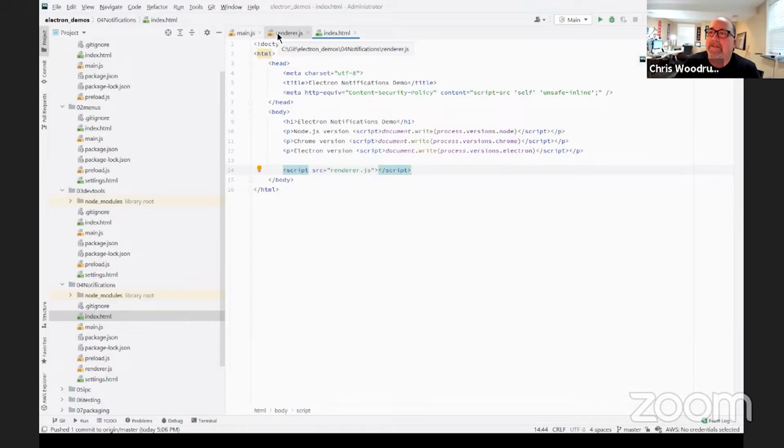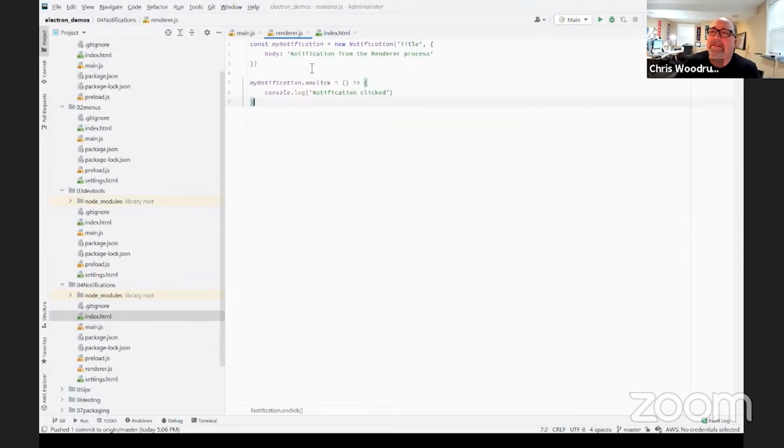And if I jump in there, what this is going to do is it will fire off a notification when my visible window gets created, and when that HTML gets processed.